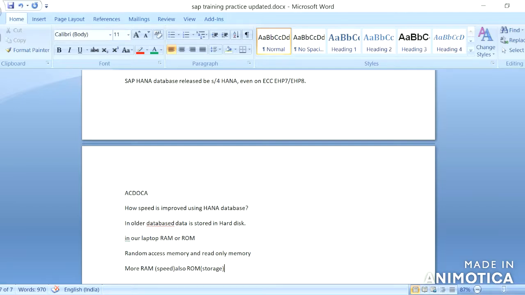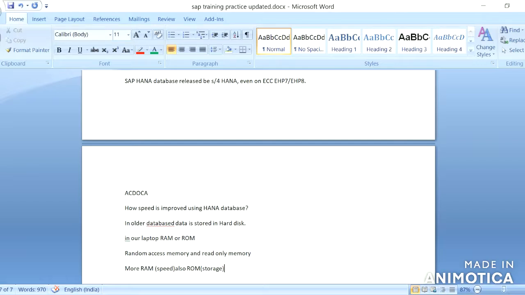That's the hard disk. And we also check what is the RAM in the phone, or what is the RAM in the computer. If it is higher, we can say that the performance or speed of the computer is good. If it is less, the performance or speed will be less.